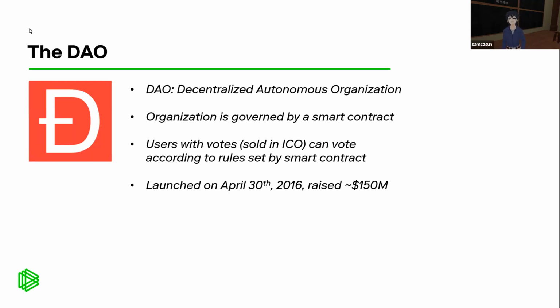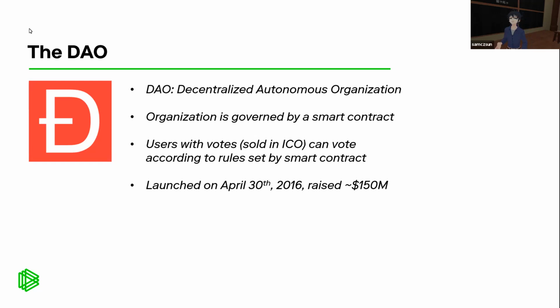What this basically means is that it's an organization that's governed by a smart contract. All the rules, all the things that you have to follow, they're basically set in stone. In a DAO, users can vote on things using the shares they own, again, according to the rules of the smart contract. In the case of the DAO, which is separate from DAO as an abstract concept, users can vote